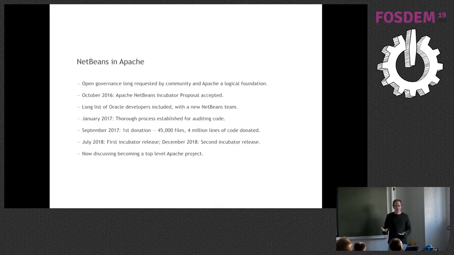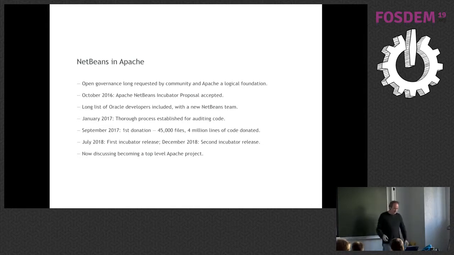We've done 2 releases in the incubator, so Apache NetBeans 9 and 10, and we have Apache NetBeans 11 coming up in March. We want to do more frequent releases, and we've more or less said we want to commit to 2 releases per year and 2 optional releases in between. So there could be a minor release in between. And since we've decided to do 2 releases, it makes sense to align with something. So our next release is in March, which happens to be the release of the next JDK, JDK 12, and in September, which happens to be the release of JDK 13. So we'll be in line with those different JDKs.